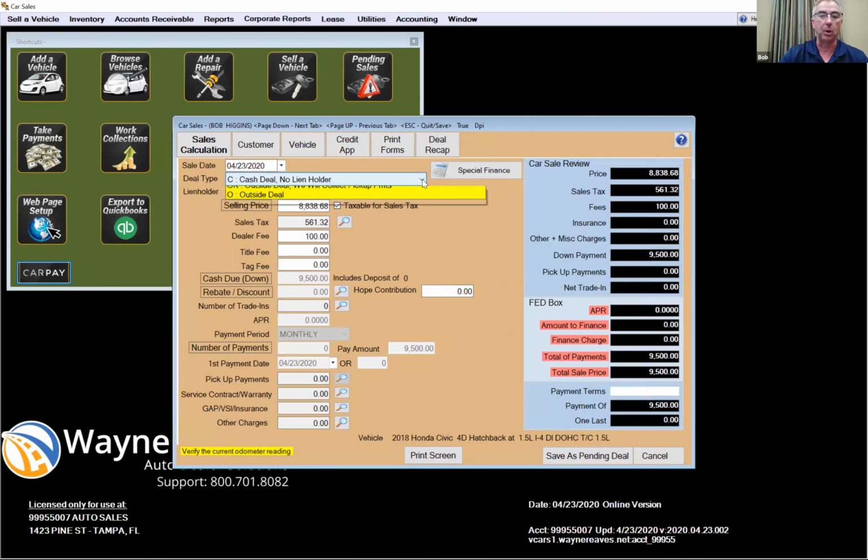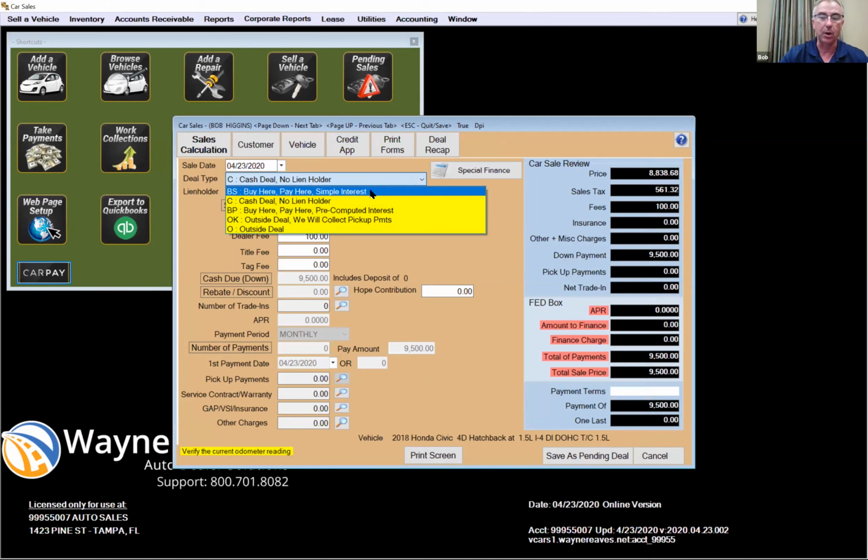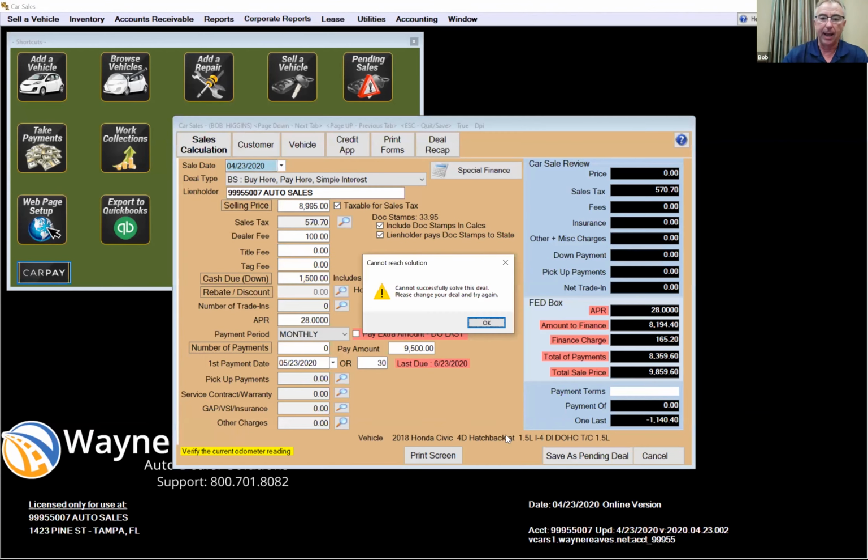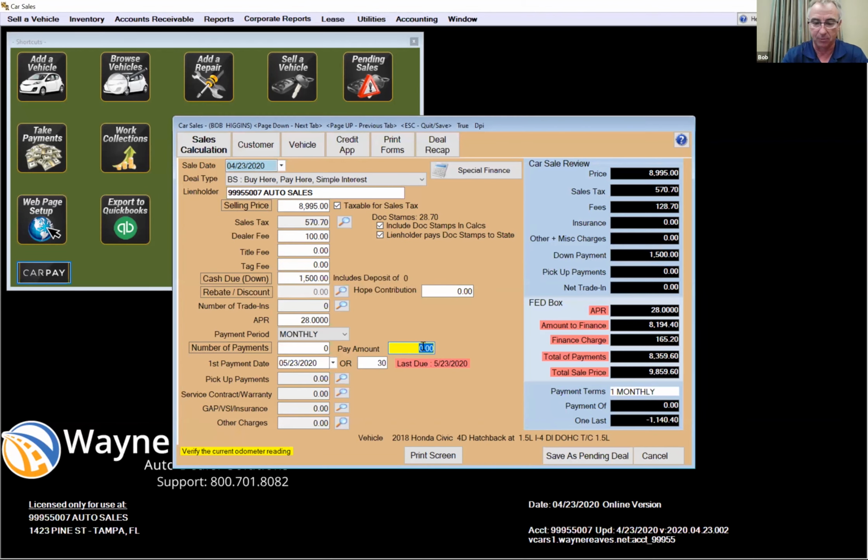The other thing that I'm going to do is I'm going to go back. I'm going to change it to a buy here, pay here deal. I'm going to change it to a buy here, pay here simple interest, because that's the way that most banks and finance companies like to buy contracts these days. I'm going to change the sales price back to $89.95 because it's not a cash price. I'm just selling the car, and the question about what will you take really never came up. The question was, how much money will you take down, Bob? And I'm just going to say I wanted $1,500 down on this deal, and we're going to go ahead. And I was trying to get monthly payments of around $400. And if all that is good,